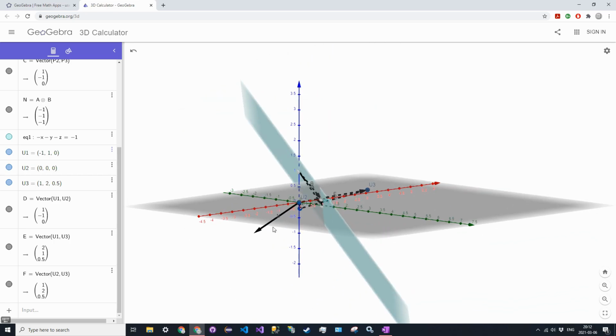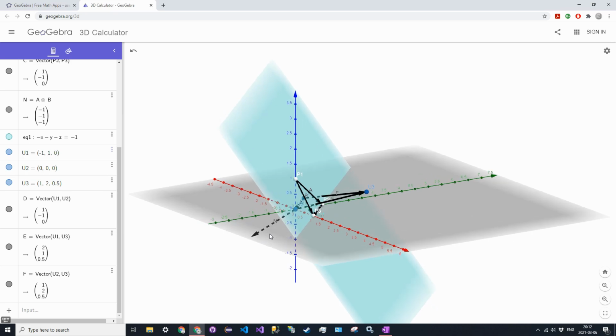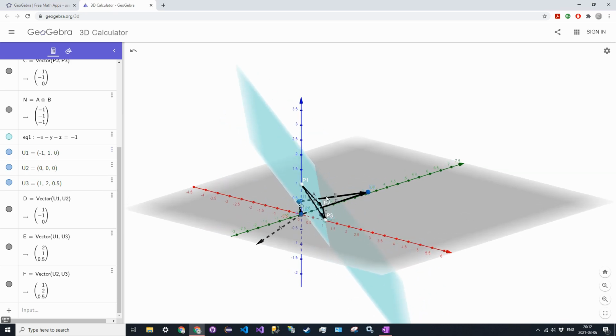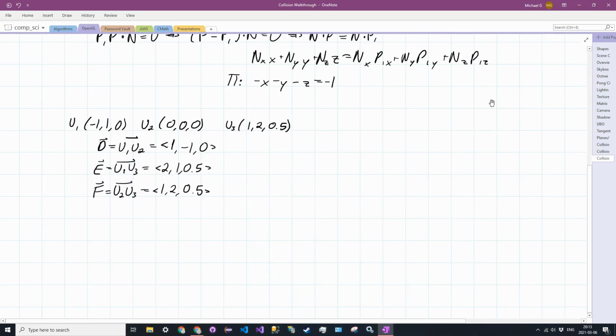I'm also screwing with the rotation right now, but you can kind of see here how the vector E comes from U1 and goes to U3. It doesn't come from the origin, so we want to know the line going through U1 and U3, not just the vector. So we can use this vector, however, to determine the line equation, which is just going to be